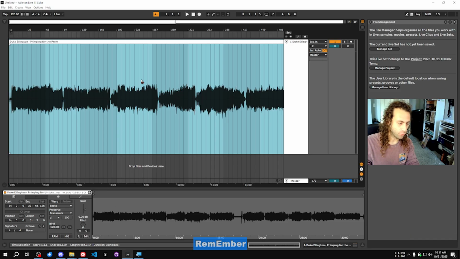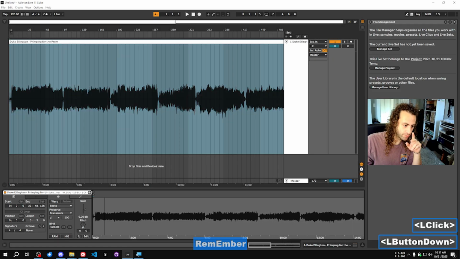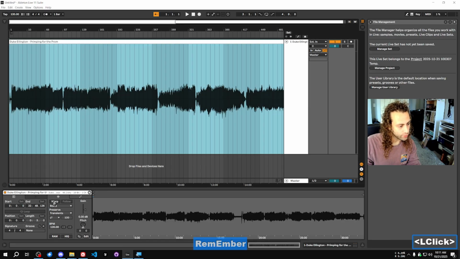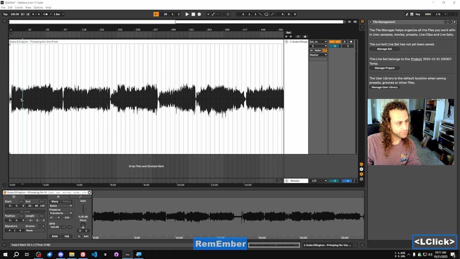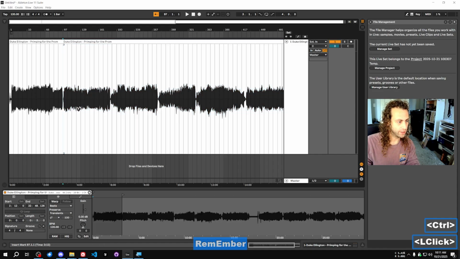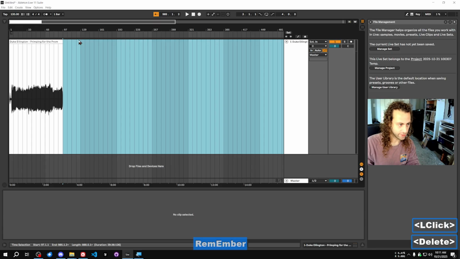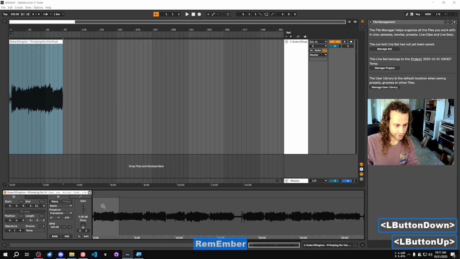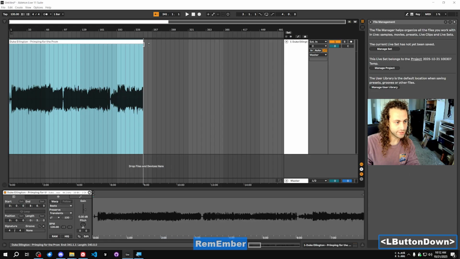But since I have auto warp long samples off, it didn't actually do anything. It just put a warp marker there at the start. So now if you do want to warp something, let's make this a lot shorter so that it's not so tough. By the way, Control E is how I'm splitting these. And then you'll notice that all this stuff is still a part of the clip, so you can slide this to reveal it,